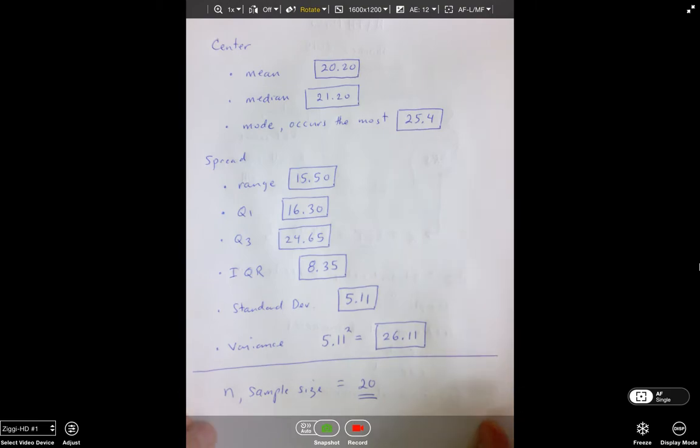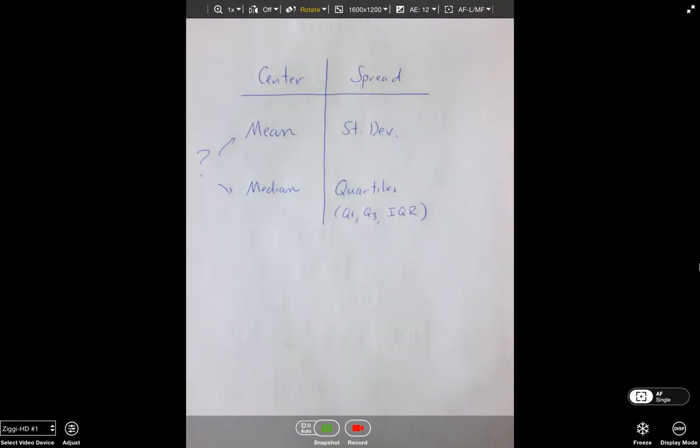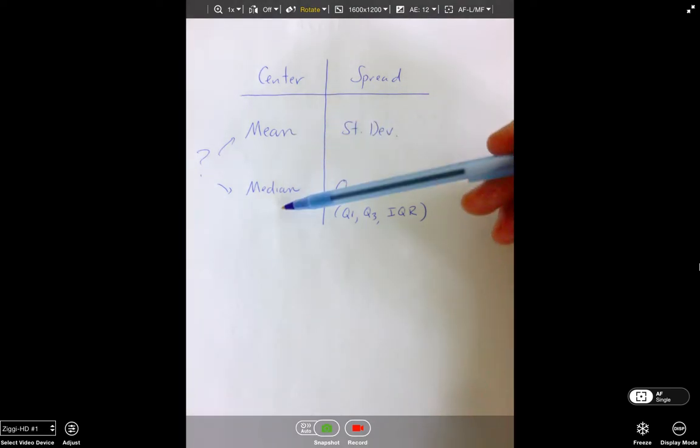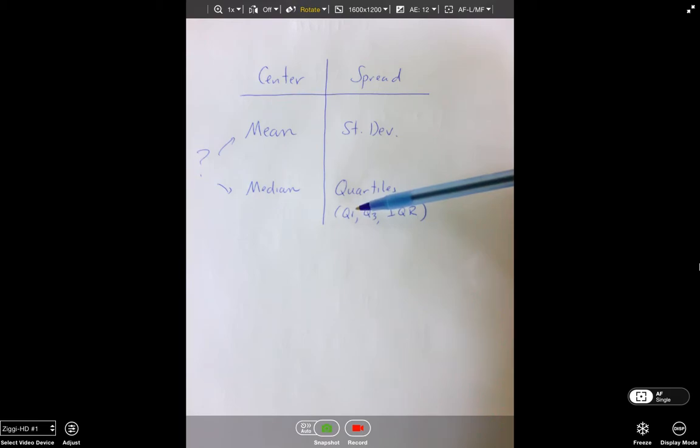But if I'm really trying to determine the best measure of center, is the best measure of center the mean? If so, the standard deviation is the best measure of spread. Or is the best measure of center the median? If so, the best measure of spread are the quartiles or the IQR. Well,